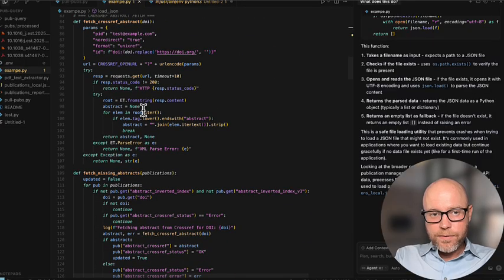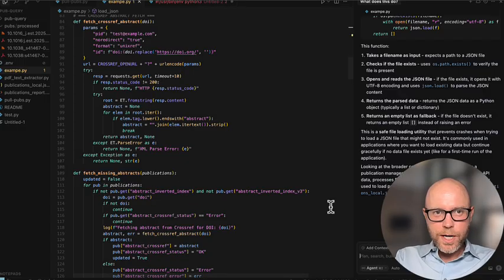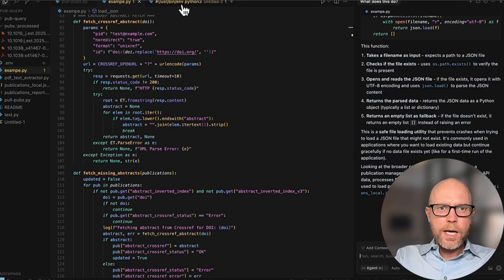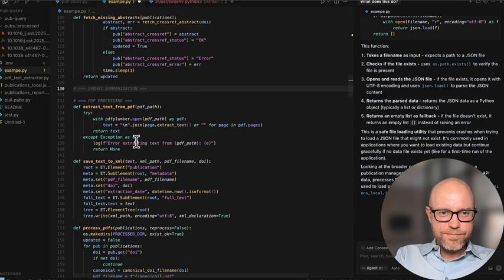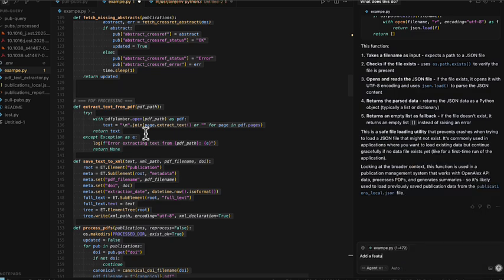You can just go through and ask anything in here. I can go run this Python script and it may have a bug. If it has a bug, I can then take that error and paste it in here and say, this is the bug I'm getting when I try to run it. And that's pretty powerful. So if I want to add a new feature, I can just select the whole thing and say, add a feature that will, I don't know, export all publications